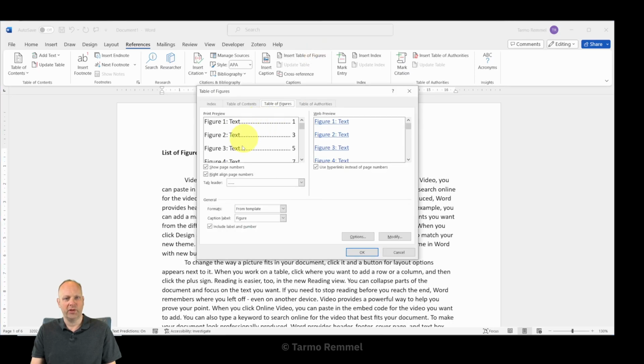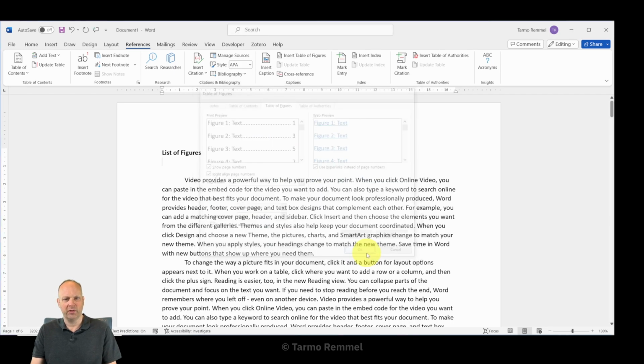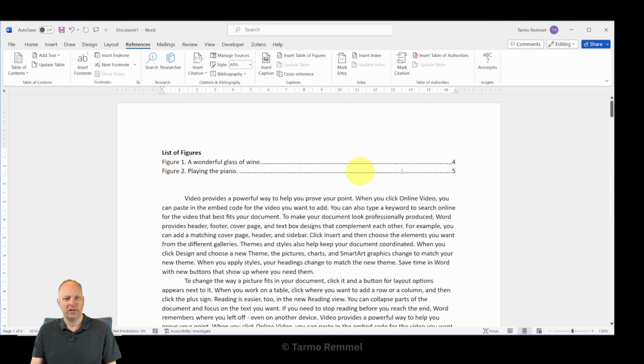And then up under the References tab, we're going to head over here to the Insert Table of Figures option. And when we do that, we can choose different styles. The default is usually quite good. We're going to hit OK, although we can play with things and adjust them here. We're going to hit OK,